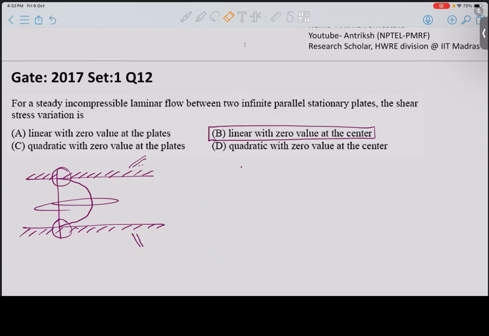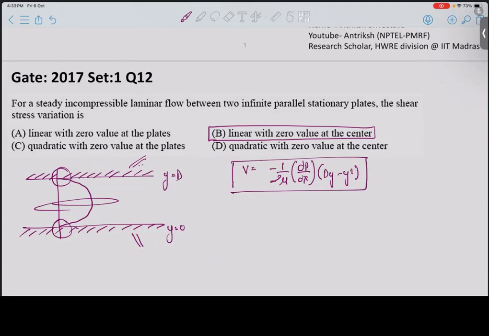For that, if you remember the formula for the steady state velocity, which was given as v equal to minus 1 by 2 mu dp by dx times (d minus y) y, or d y minus y square. So this is the formula for velocity when you are going from one plate to another. So y equal to 0 is at this place and y equal to d is at this place. If you use this formula and actually calculate the shear stress profile using the standard equation, you will get something like